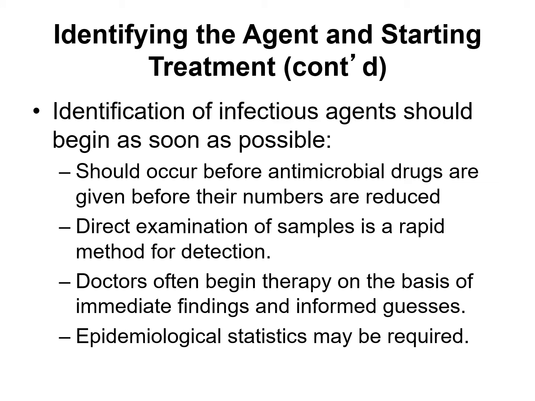So, identification of infectious agents should begin as soon as possible. It should occur before the antimicrobial drugs are given, before their numbers are reduced. The best nurses are the ones that are anticipating the physician's moves. The patient's coming in, complaining of burning when they urinate and frequently urinating. That nurse should be telling that patient, you need to pee in this cup before the doctor comes in and chucks you full of antibiotics. That way, we can send it off to a lab, see what's going on in that urine sample, because it's fresh. It hasn't been tainted by antibiotics that are now trying to kill those microbes, and does a good job very quickly and does it well.